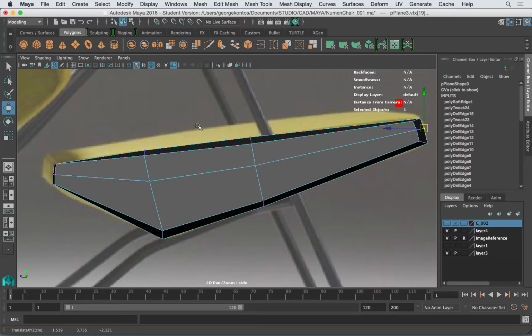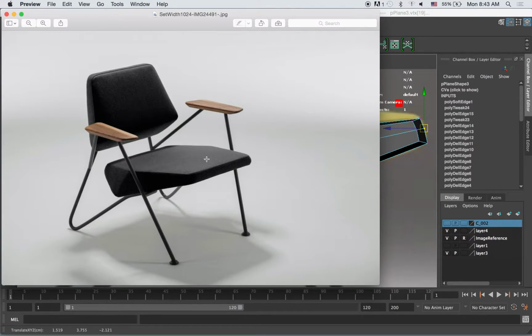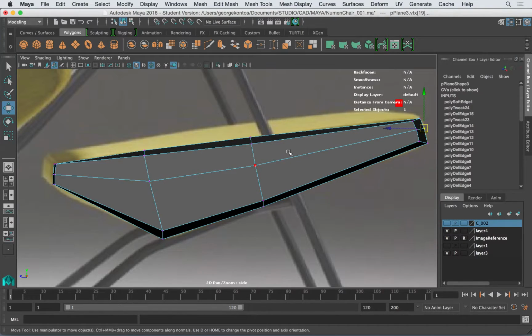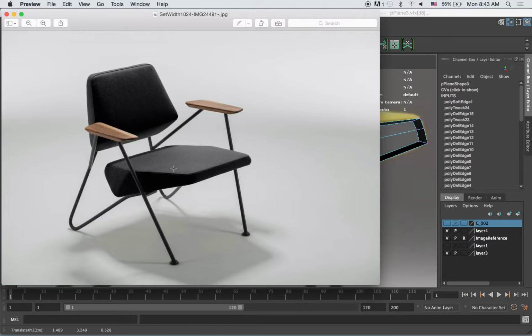Again, it is a little bit of a perspective view, so that kind of gives us the illusion that the seat is larger. So we want to depend more on a couple of photos. This is very flat actually looking, so we're going to depend on that. And from here I'm going to add a little bit of a, let's see,